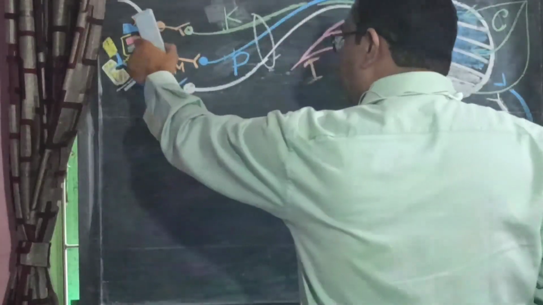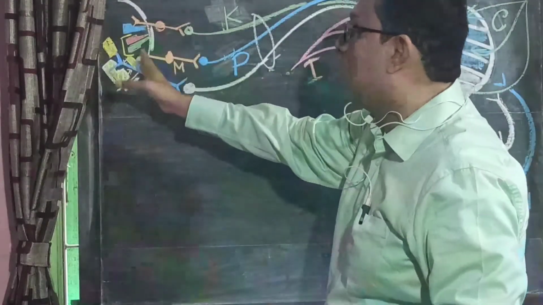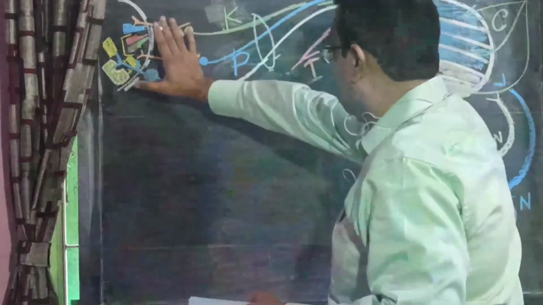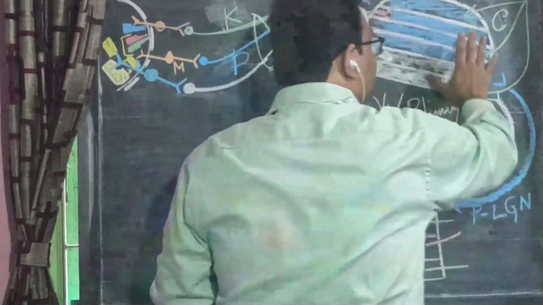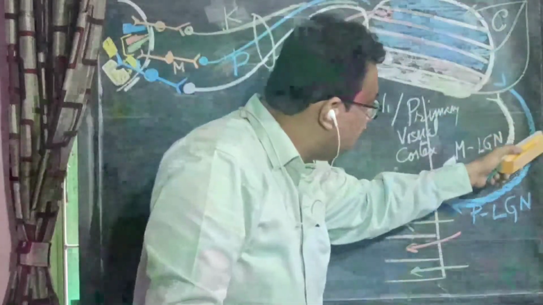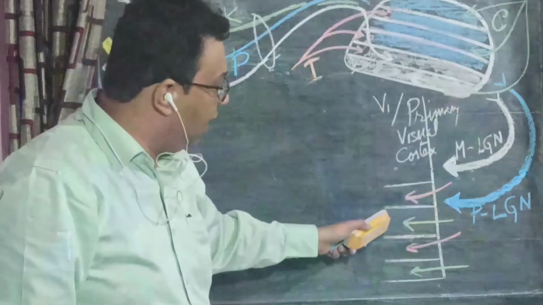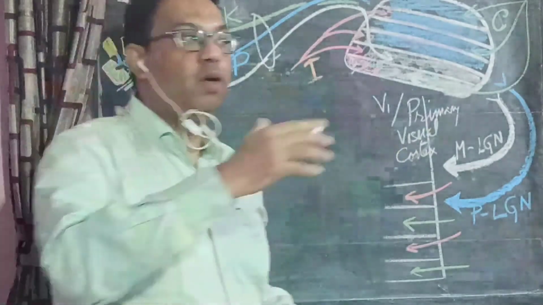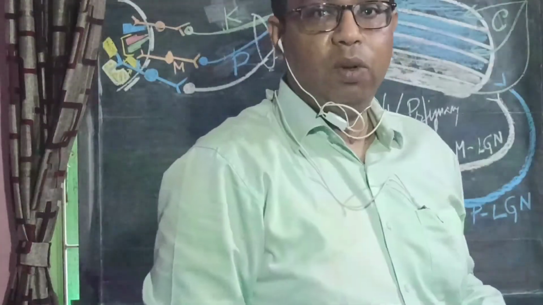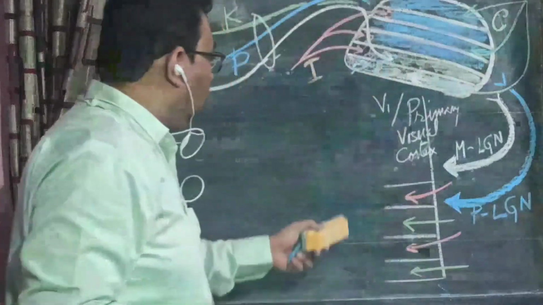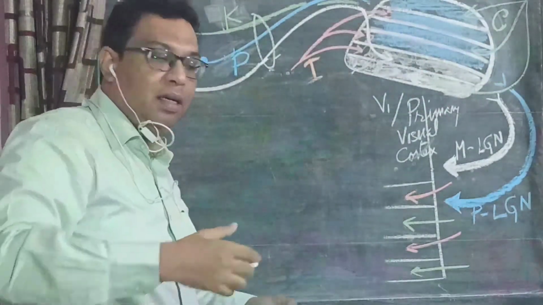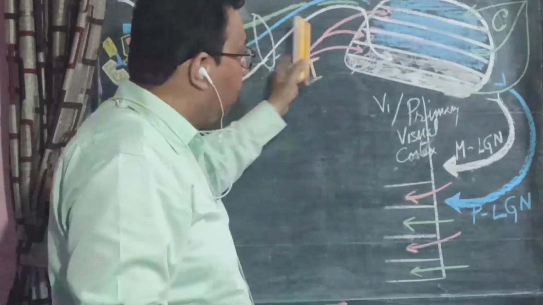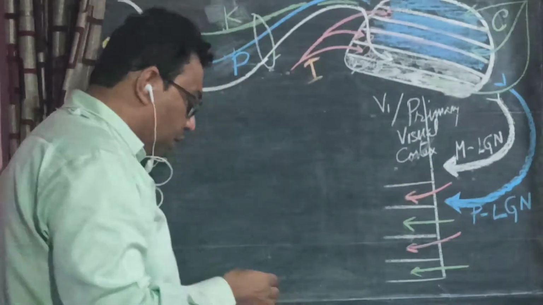Also, because of the point-to-point distribution of the receptors, which is reflected in the retinotopic distribution of the bipolar cell, the ganglion cell, the cells of the lateral geniculate body, and the neurons which lead from the lateral geniculate body up to the cortex, there is a retinotopic map everywhere. So the labeled line also provides the appreciation of the external world in a very accurate fashion. So these are the few things which are carried by the optic nerve, the optic tract, and the optic radiation to the primary visual cortex.